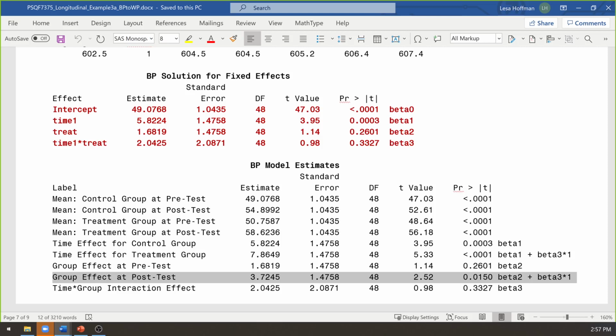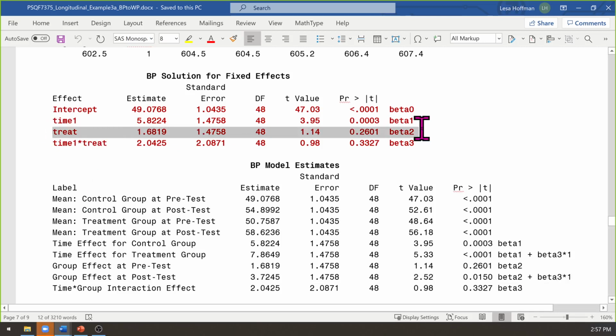Dot, dot, dot. Time by treatment is significant in either of them. Well, that's fine. The reason that I'm making such a big deal out of this is to prevent people from accidentally over-interpreting these things. This is good news that the treatment's simple effect is non-significant because it's at pretest. The model says it's going to be different at post-test because of the interaction term. So this is good news.